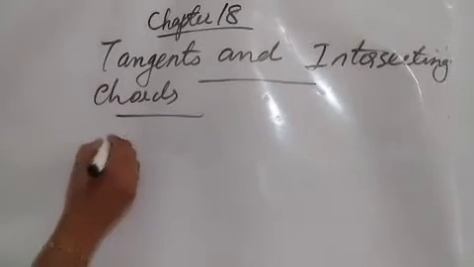Chapter 18, Tangents and Intersecting Chords. If a circle and a straight line are drawn in a plane, then with respect to each other, they may have one of the following three positions. First position,